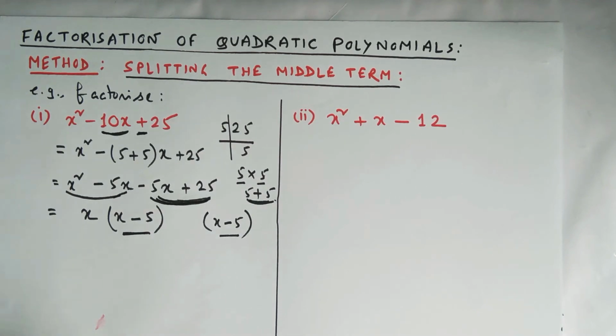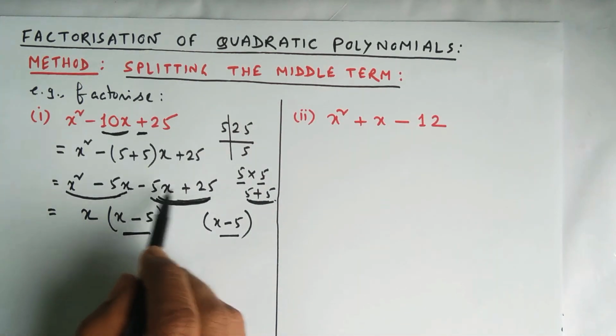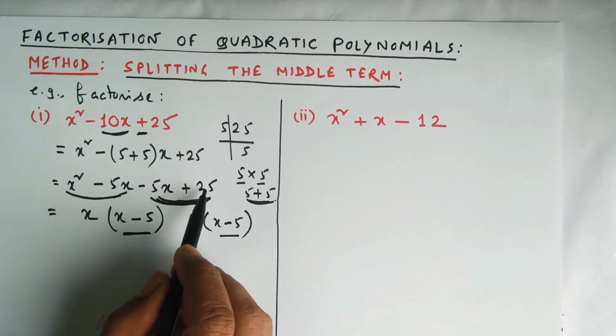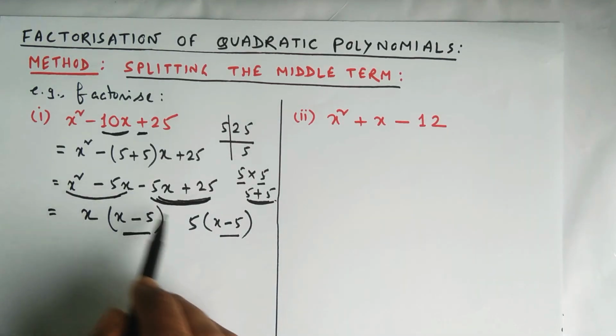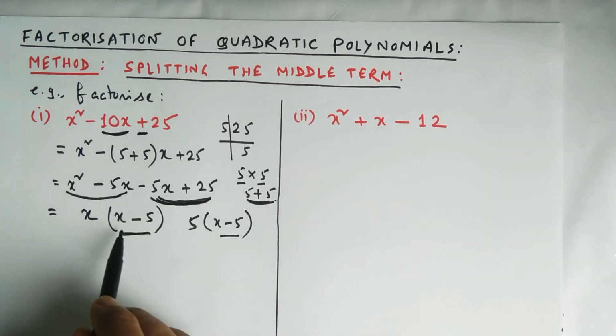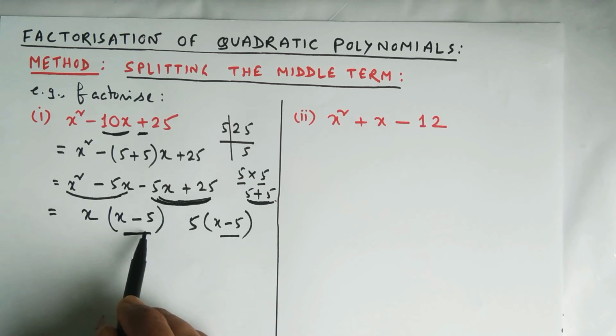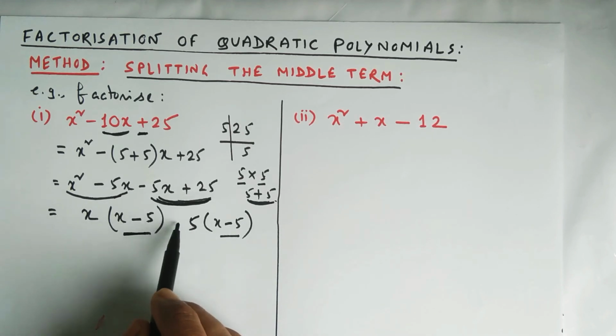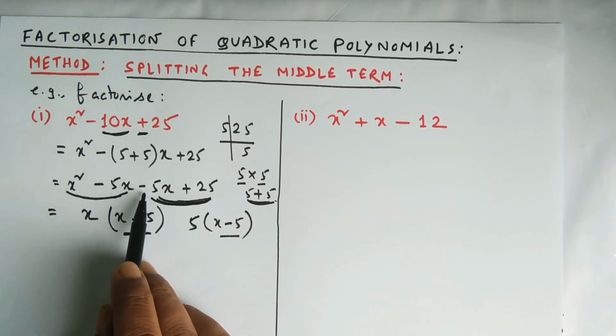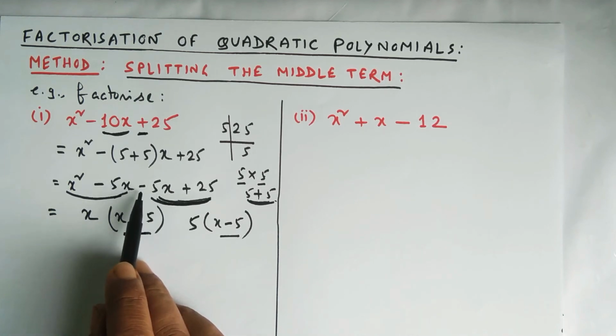Since I am getting x minus 5, here also I will get x minus 5 after taking a suitable number common. Now 5 and 25: 5 ones are 5, 5 fives are 25. So from both 5 and 25, 5 is common. Since I wrote x minus 5 because the first bracket is x minus 5, here also it will be x minus 5. So what sign should be put here so that the previous line, before 5x, whatever the sign was, will be correct?